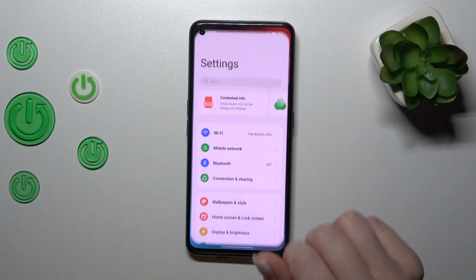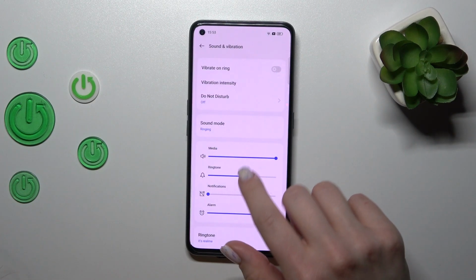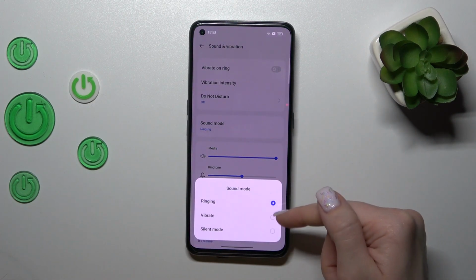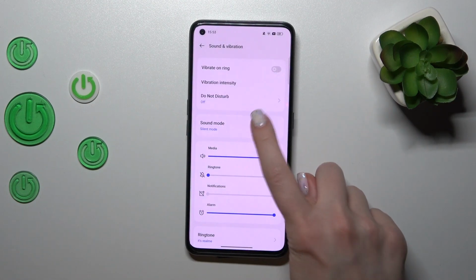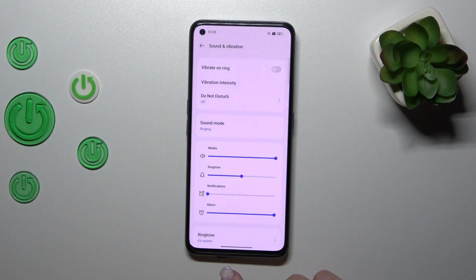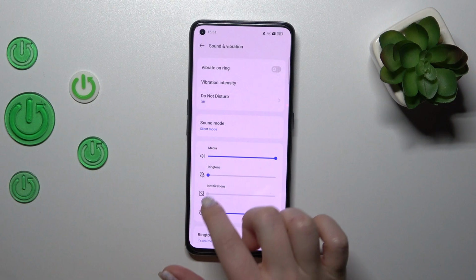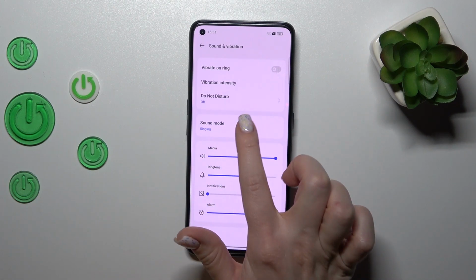So first, we should open the Settings application and then tap on Sounds and vibration. Here you will see the Sound mode section, and to switch the ring mode to silent mode, you should just select Silent mode, and to turn it off, we should switch it to Vibration or Ring. Also, we can activate silent mode by muting the ringtone volume panel, and by unmuting we will turn off the silent